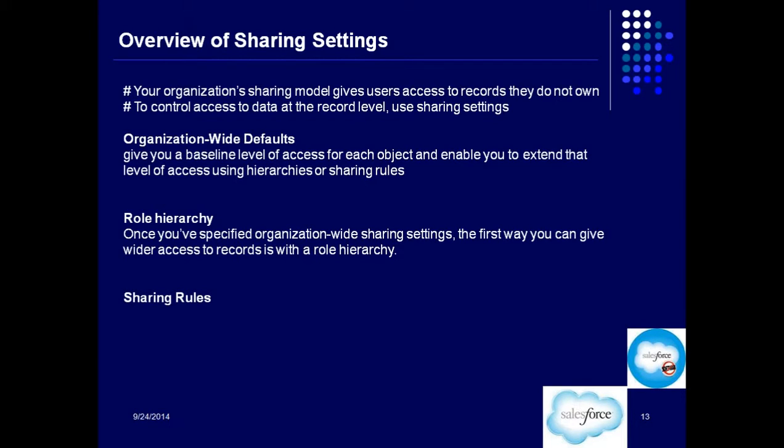And then there is the third thing, which is called sharing rules. What are sharing rules? Sharing rules represent the exceptions to your OWD. A sharing rule is a rule which is defined to set the exceptions to our OWD. OWD is the same for everyone in the organization, private or public. Once set to private, it becomes private for everyone. But sometimes you need to define exceptions to that.